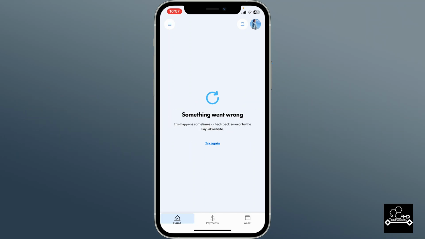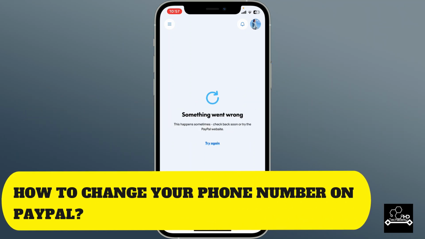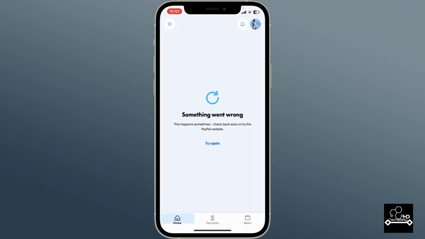Today in this episode we will be learning how to change your phone number on PayPal. First of all, open the PayPal app on your device and make sure that you're logged into your account. After you're signed in, go ahead and click on your profile avatar or your icon at the top right corner